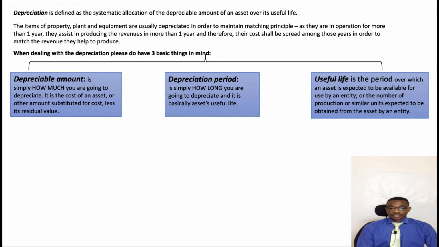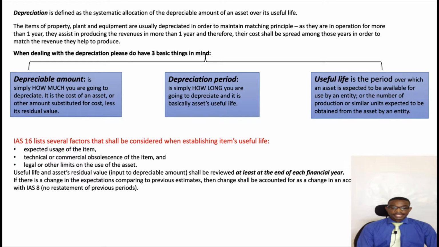So IAS 16 highlights several factors that shall be considered when establishing the useful life of items: the expected usage of the item, technical and commercial obsolescence of the item, and legal and other limits on the use of the asset. So when we are going to set a useful life, we need to